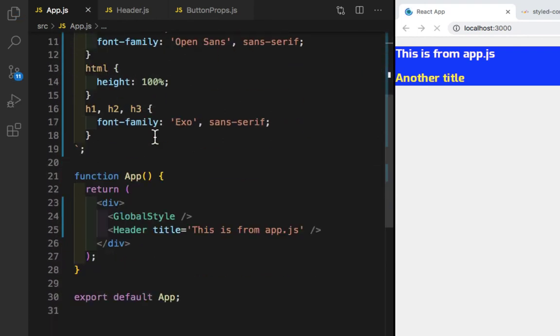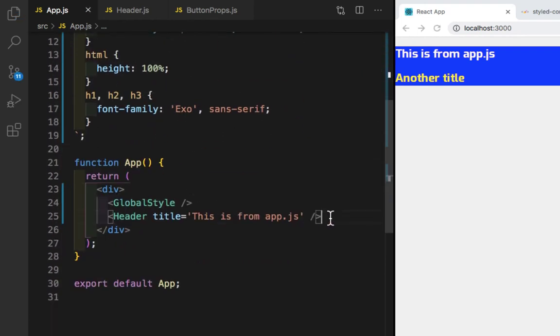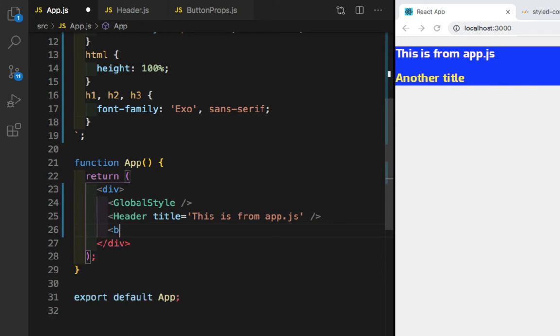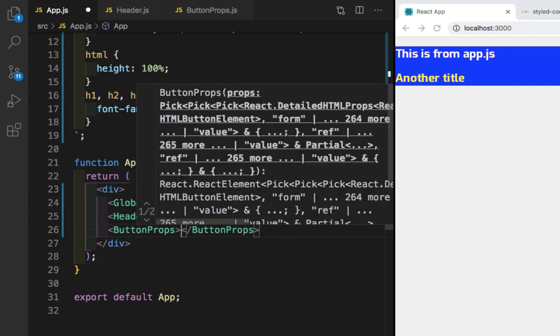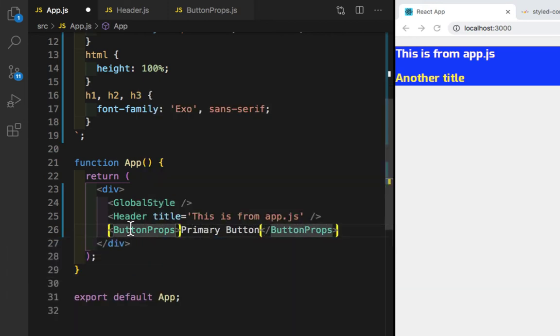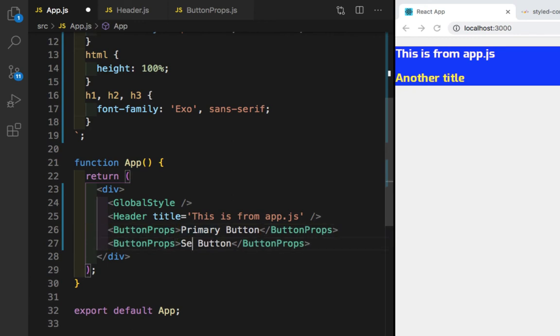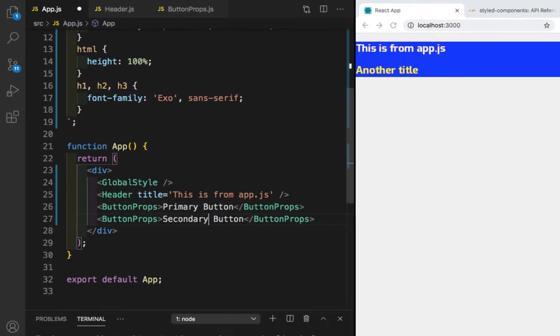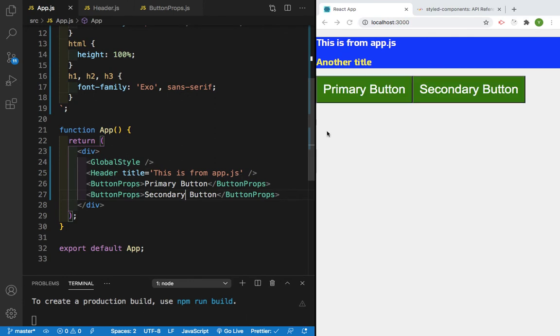Let's save this, and we need to render it after the header. So buttonProps, and I'll take two buttons. First one is primary button, and the second one will be secondary button. Okay, let's save this. So you will see primary button and secondary button.